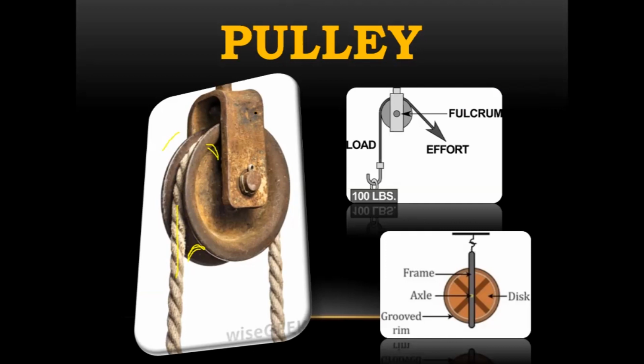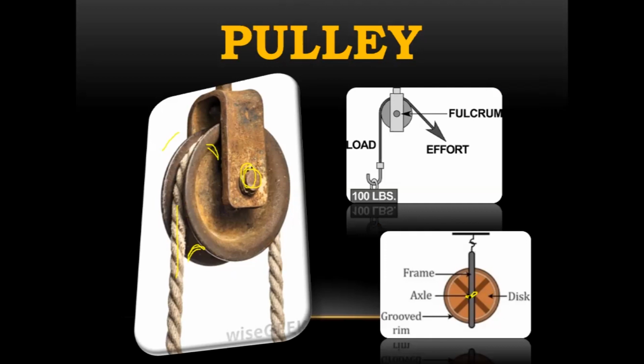And next we have a nail here. Why do we have a nail? To hold the ring in its position, or you can call it a grooved rim, to hold the grooved rim in position. This nail is what we will call an axle, because the pulley rotates along this axis. So it is a pivoted point. So we call it an axle.